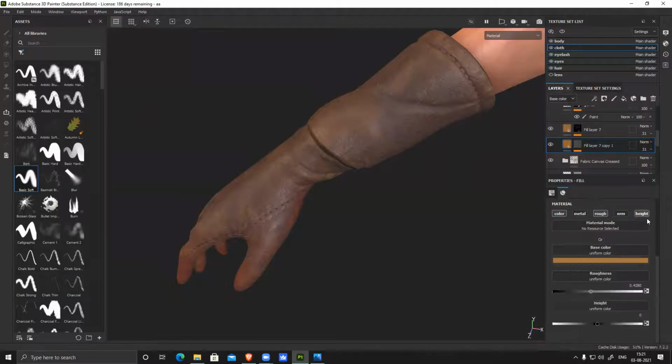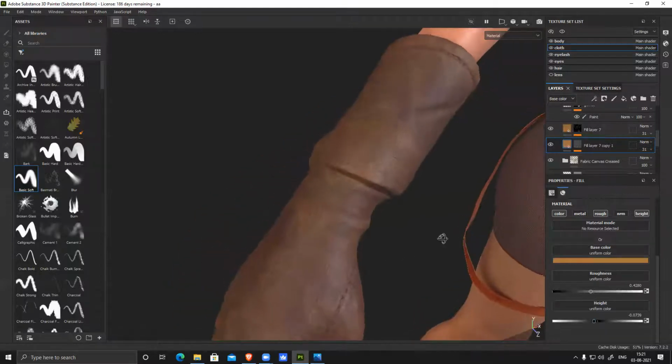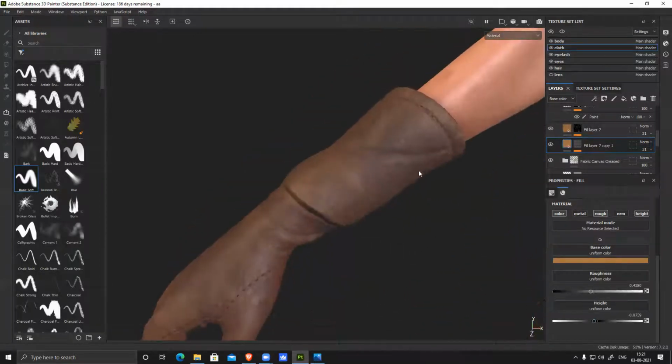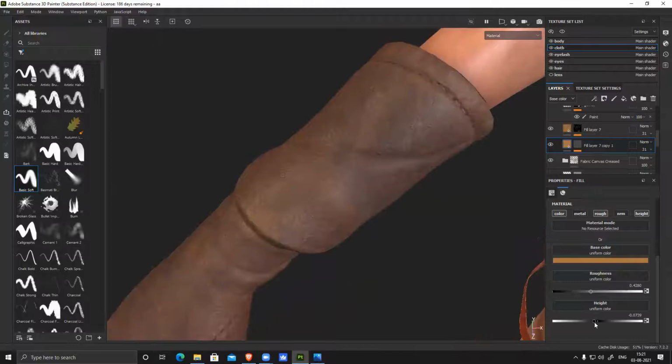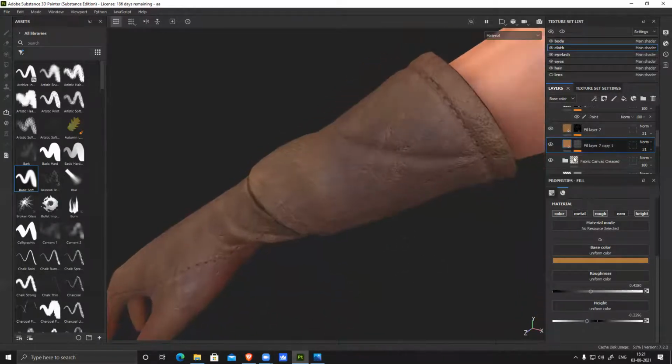And for this, I can add a little height also. Little scratches. Make it long.